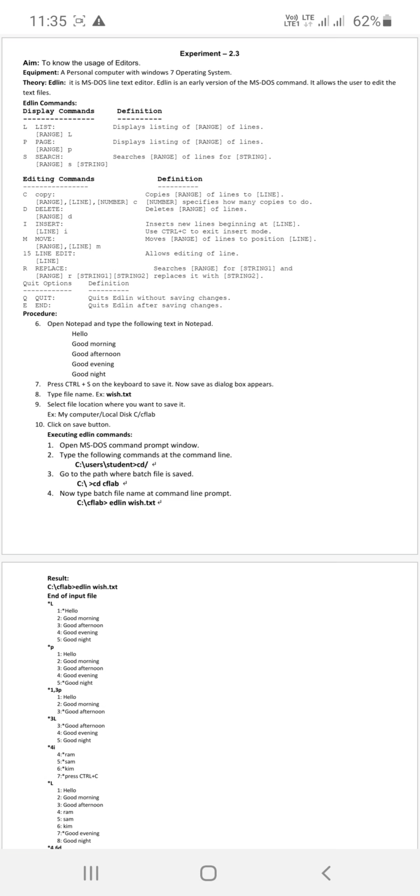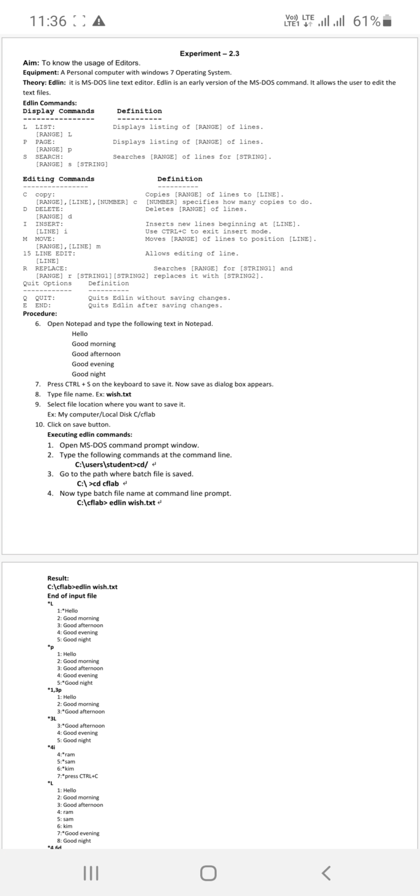Today's topic is how to know the usage of editors. Edlin is the MS-DOS line text editor. It is an early version of MS-DOS command. It allows the user to edit the text file.